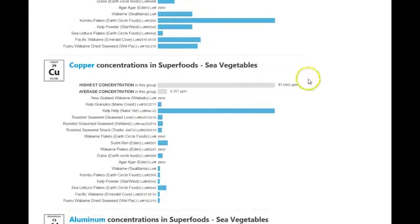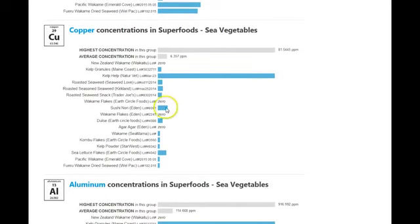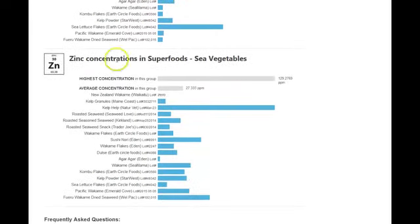So let's move on. Copper. Well, here's something interesting. You'll notice almost everything is very, very low in copper. And copper is a heavy metal, by the way, and copper can actually accumulate in your liver and in your brain. At very high concentrations, copper makes people crazy, and it causes psychosis and things like that. So a lot of people are seeking to minimize copper intake, or, by the way, get more zinc intake